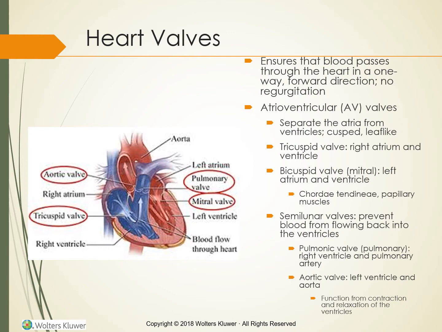These valves are cusped or leaf-like. The valve between the right atrium and the right ventricle is the tricuspid valve. The word tricuspid signifies that the valve has 3 cusps. The valve between the left atrium and the left ventricle is the bicuspid or 2-cusped valve, also known as the